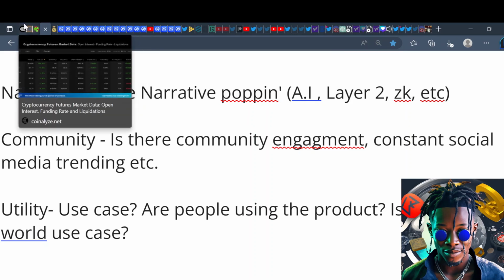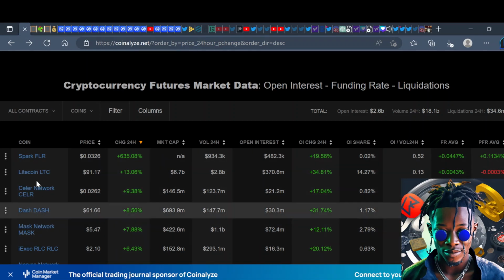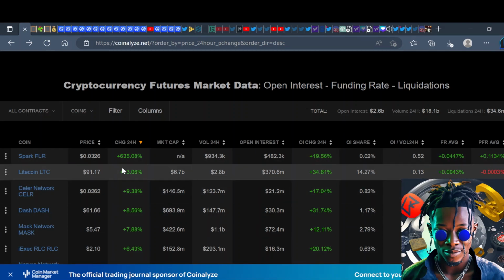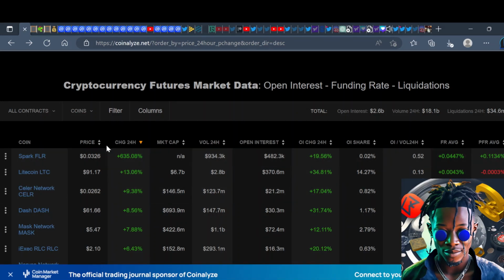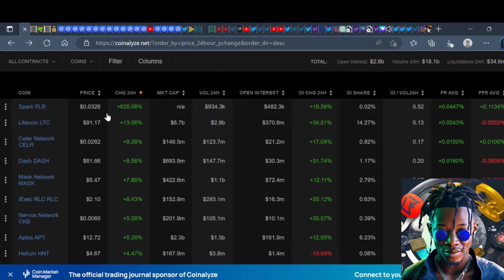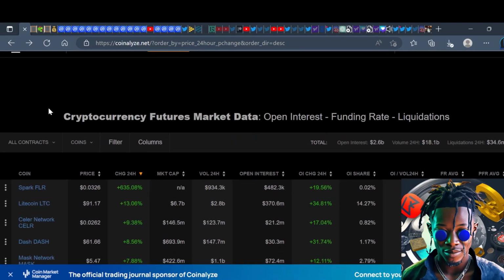So I'll be doing a video on some of these projects that are actually popping and have the most open interest inside the market. To me, these are the strongest projects as of now. I know this says 24 hours, but I believe you can check different time frames. So maybe we'll check time frames like the last month, 3 months, maybe a year, to really get a sentiment and a gauge on which projects we need to be looking at as we enter the next bull cycle.